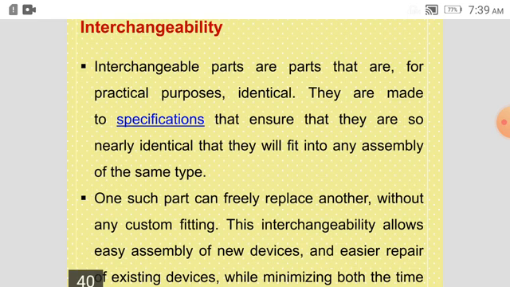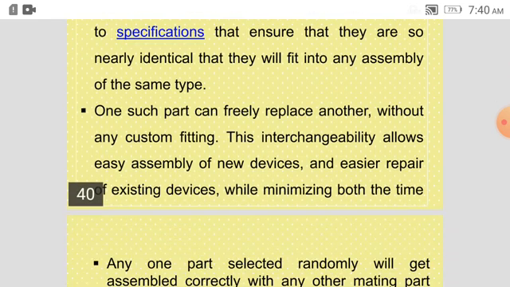The specialization. Means a company or a worker or an operator doing the same job all the time, he is producing the same object, because he may not have to concentrate on all the parts of the assembly. He will concentrate on one part, because the other parts he will be getting from some other locations. So a part produced at one location will get assembled with the part produced at another location anywhere else. So we can say that this is what is interchangeability.